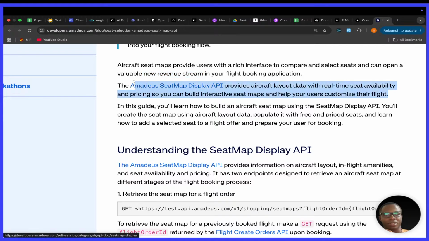Then it goes on to say the Amadeus Seatmap Display API provides aircraft layout data with real-time seat availability and pricing so you can build interactive seat maps and help your users customize their flight. Okay. And actually, I think we implemented this on the backend. What is remaining is simply to consume it on the front end. Only that. But we're actually good to go. Okay. All right. Next up